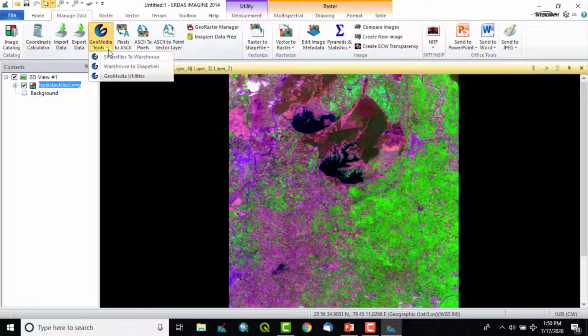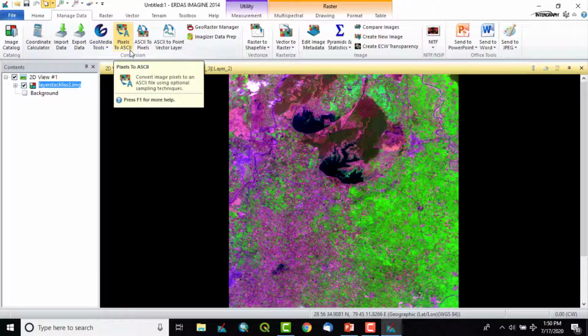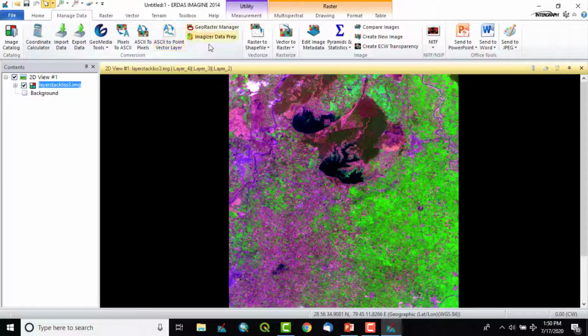Some GeoMedia tools are available. GeoMedia is also an image processing software. Then there is a tool Pixel to ASCII. ASCII means a table of the pixels. So reverse tools are available: Pixel to ASCII, ASCII to pixels. Then raster to shapefile, vector to raster. Such options are available in manage data.